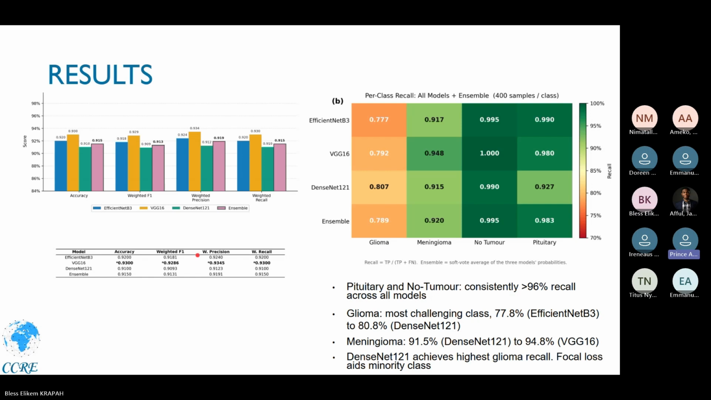For our results, we evaluated our models with 4 evaluation methods, as stated earlier, which are accuracy, weighted F1, weighted precision, and weighted recall. From the graphs, you can see that our models,